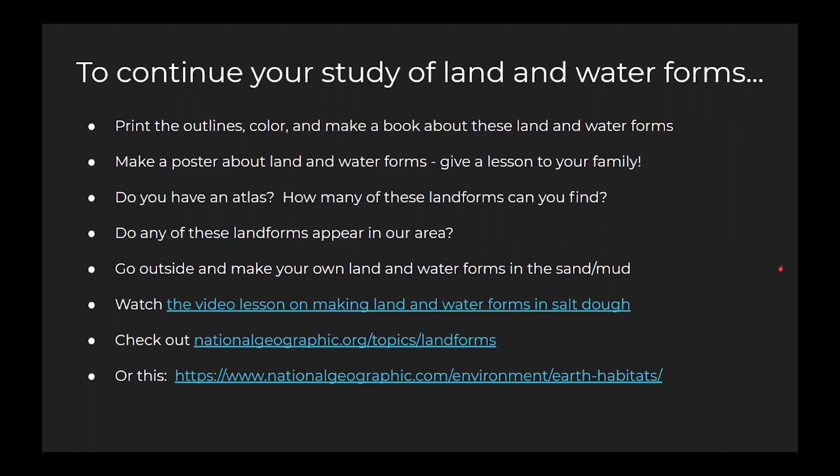But what if you made a poster and then gave a lesson to your family? If you have an atlas at your house, you could browse through the atlas and see how many of these different landforms you can find. Do any of them appear in our area? I'll give you a hint. Yes, they do. So I would love for you to research that and find out, where are they? Can I visit them? You could go outside with permission, get some sand, get some mud, get some water, get some little containers, and make your own spit, make your own